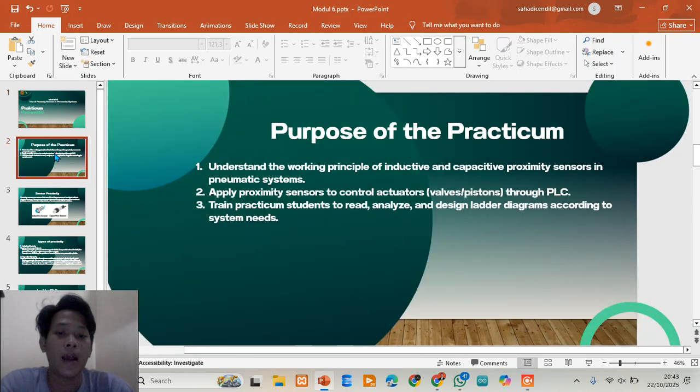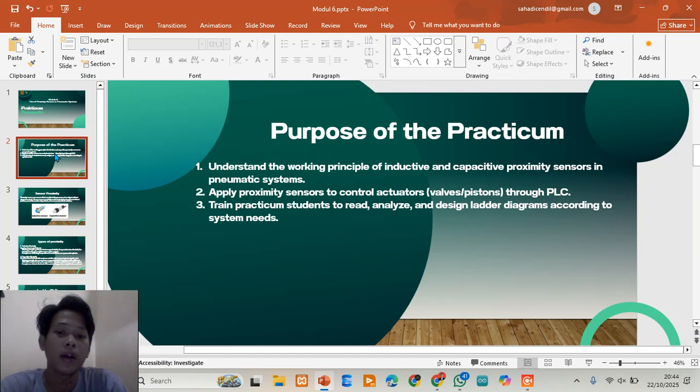Next, the purpose of the practicum. The practicum helps us understand the working principles of inductive and capacitive proximity sensors, and to learn how to wire proximity sensors and connect them to a pneumatic actuator such as a double acting cylinder.